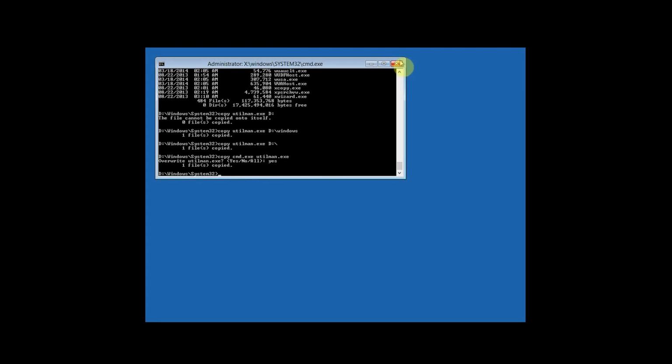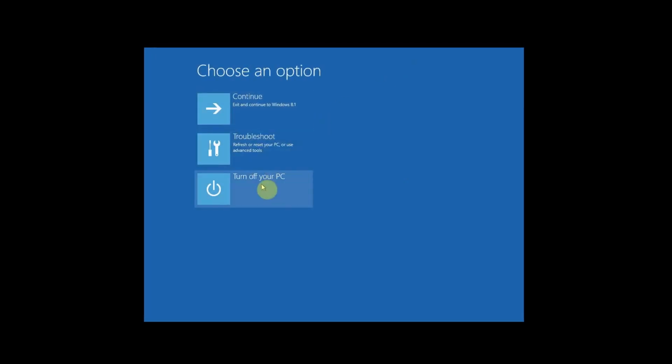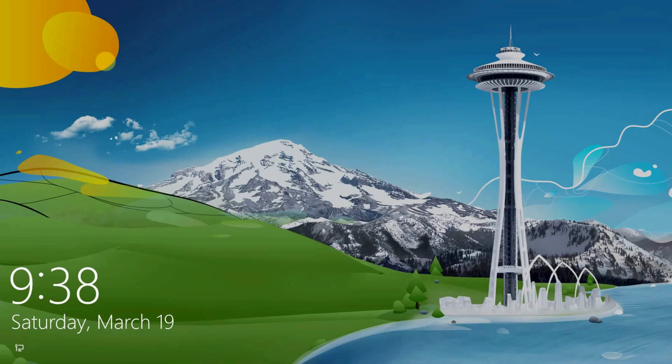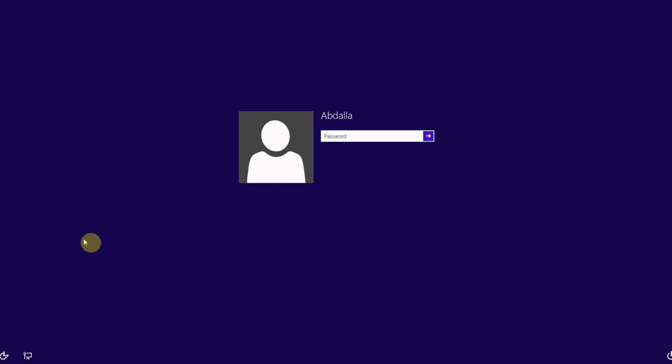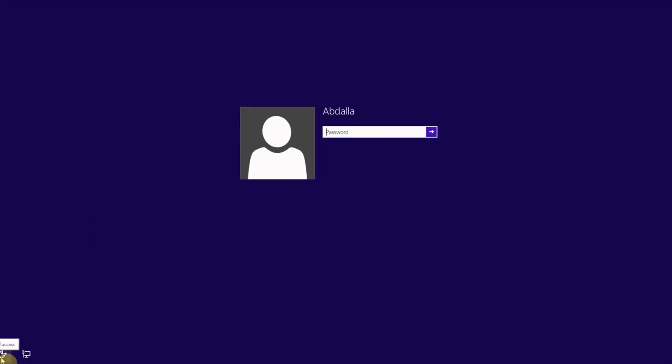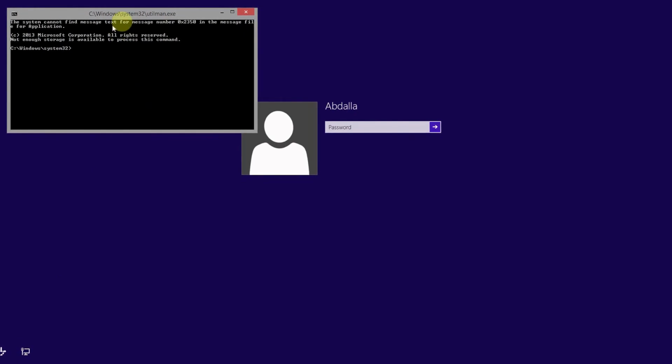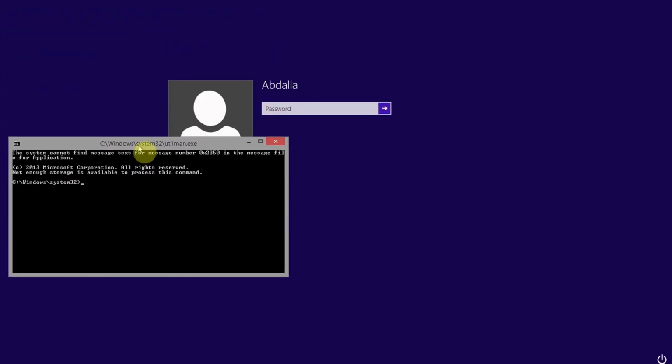So when we restart now, we will continue to Windows 8, of course. We'll be able to get direct access to administrator windows without it. It's not considered a backdoor, but it's a very simple trick to bypass the Windows password. So as I showed you, ease of access, right now I have administrator access, and